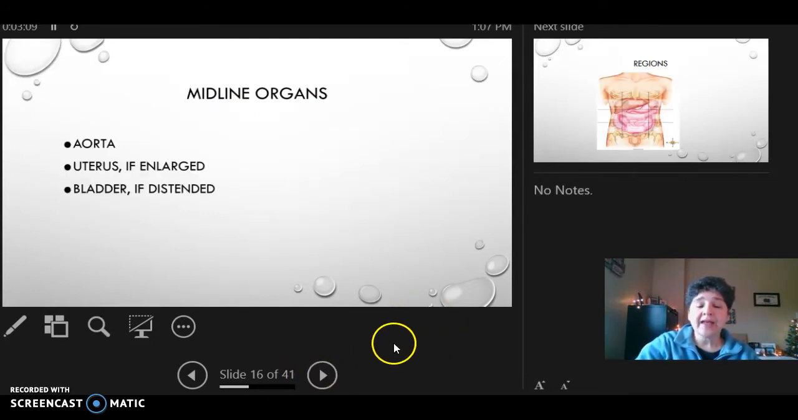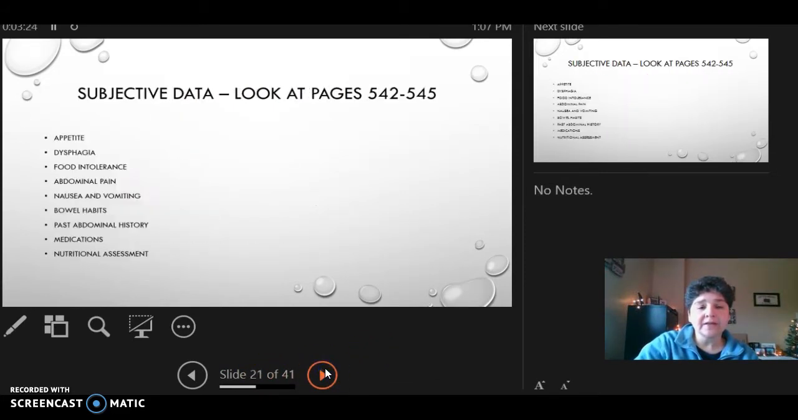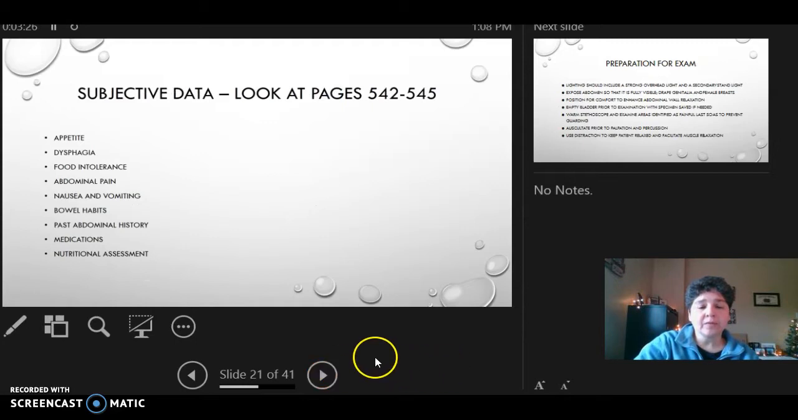All right, then we also have midline organs, which are kind of in the middle: the aorta, the uterus, and the bladder, but mostly focus on those that are found in the four quadrants. You had all of this on the last one, so I'm going to skip through to this